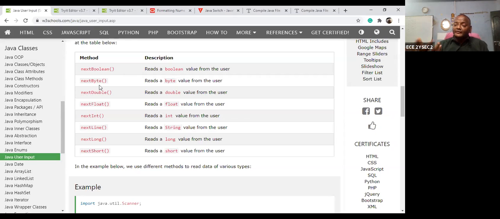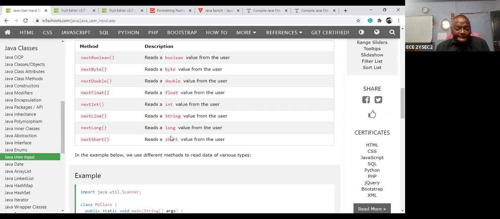If you are entering the data, then that can be a byte value, double value, float value, integer value, the nextLine. The next one is nextLong, next is nextShort. These are all the different methods to access the data. According to your given data, you can use that particular function, but don't give all the data.